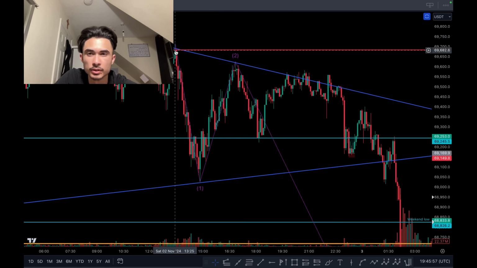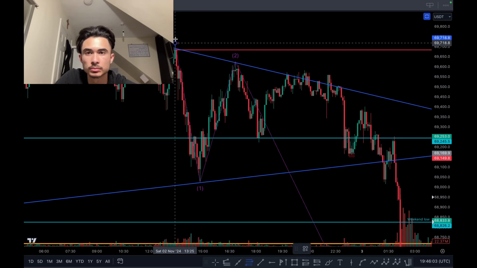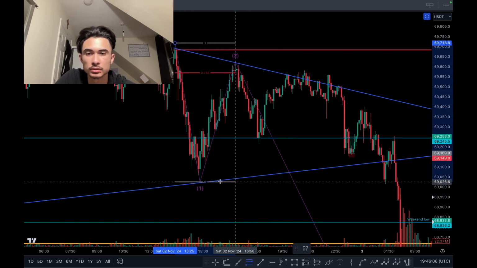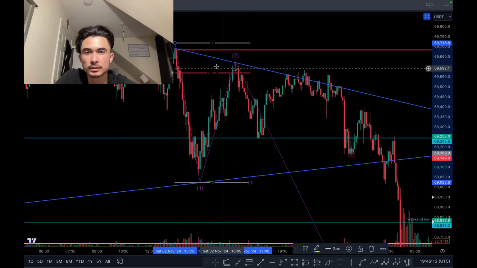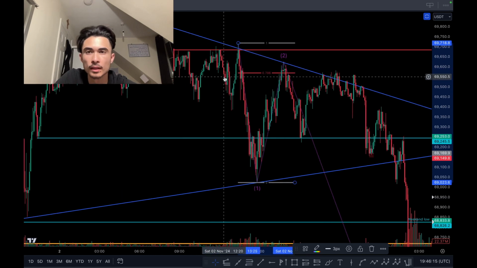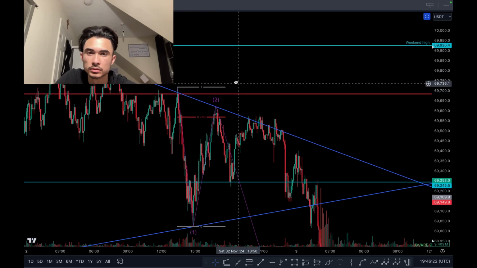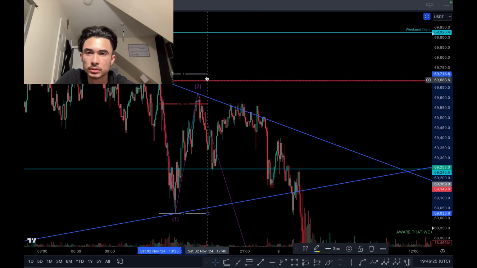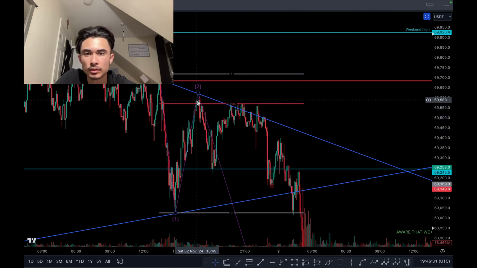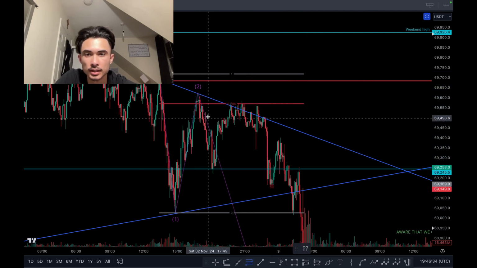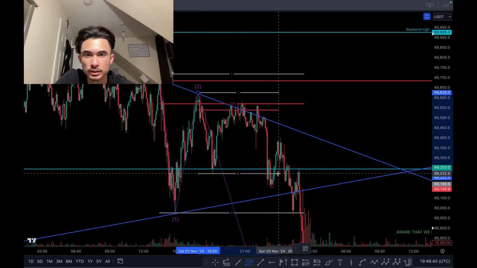And then as you can see from this first impulse, what you would do is get the Fibonacci retracement tool out from the top to the bottom, drag across. As you can see, guys, the 786 level is acting as resistance. Not only that, this lower high trend line is acting as resistance. Let me just drag it across for you. We've got the SFP of the 786 doing the exact same thing because price is fractal, meaning it just repeats and repeats. 786 level getting respected again.